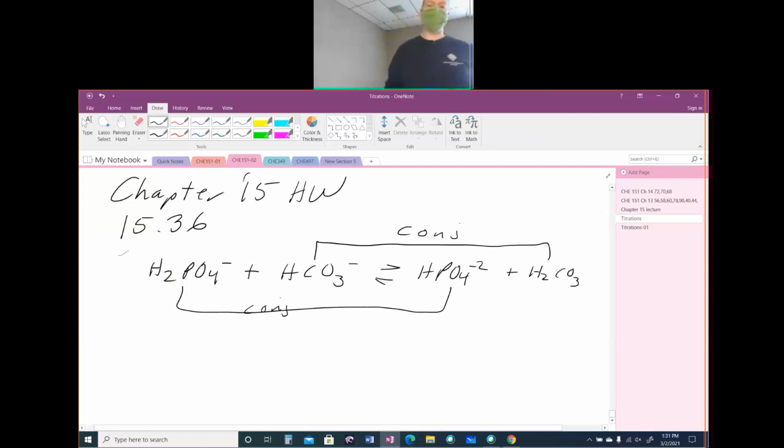So the easiest way to do this one is to look at your conjugates, and then obviously the one with more H's is your acid. And so here is the acid with its conjugate base, because there's two H's versus one H. Same over here. This one has two H's, this has one H. So this is your acid and the conjugate base. All right, and so you have labeled your conjugates, acids, and bases. So that was part A. Part B